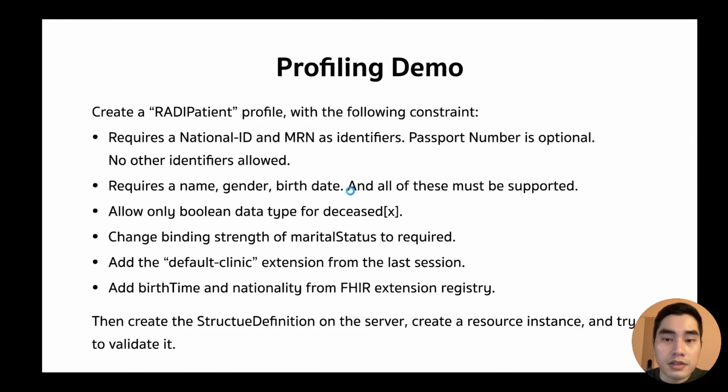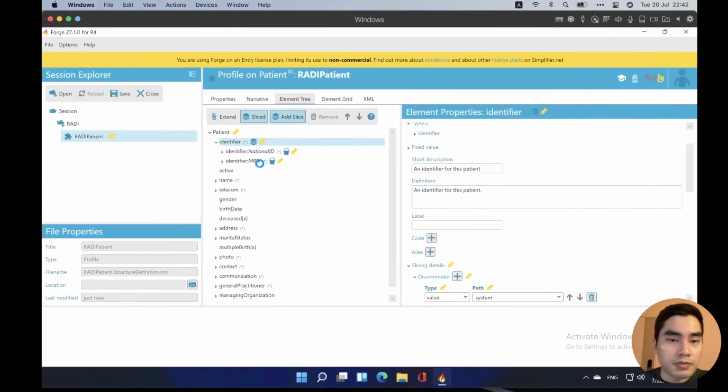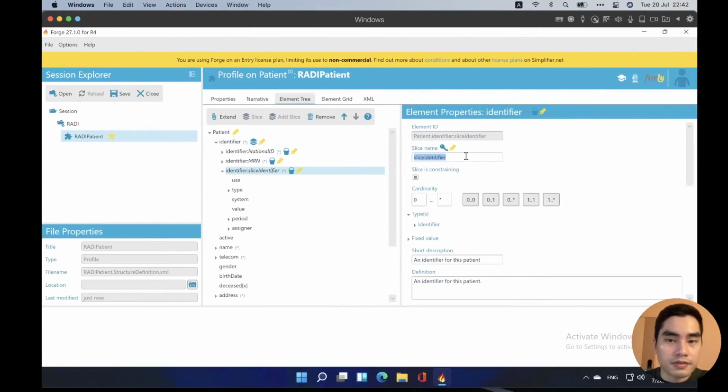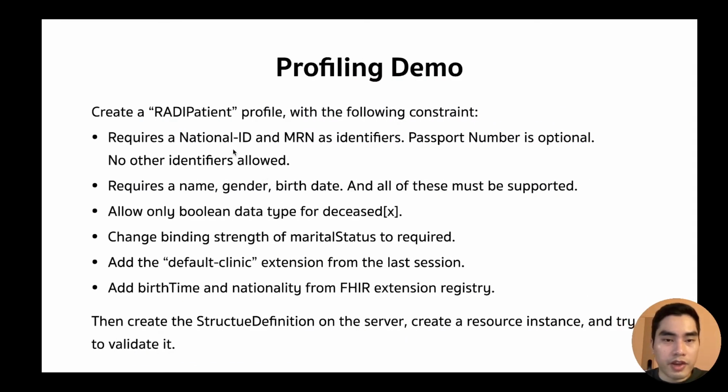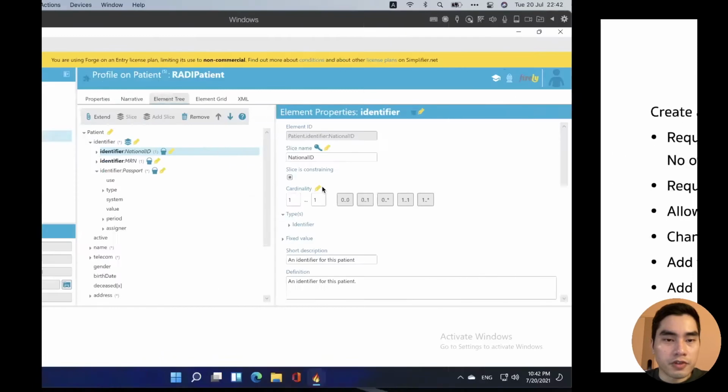The last one is passport. This one optional, this one require, this one require, and we have to fix value for all of them for the system.